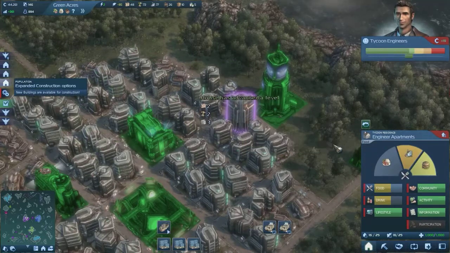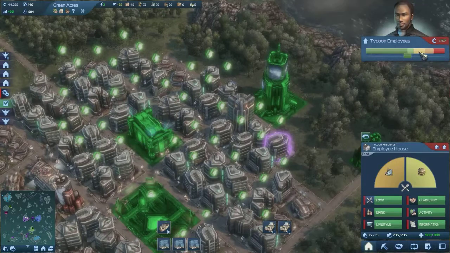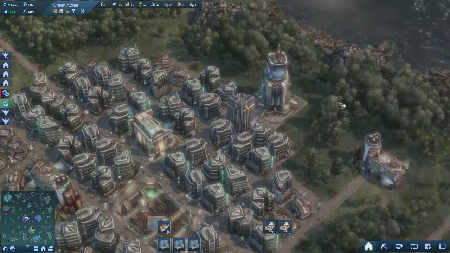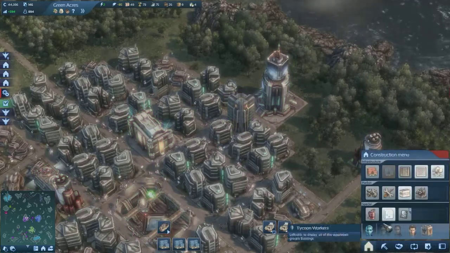Registering new population, engineer class. All right, we've got our first engineer. That's all we need right now. Let's turn you up. And let's bump you up so that you'll fill in your building. And that's all we wanted, because now...